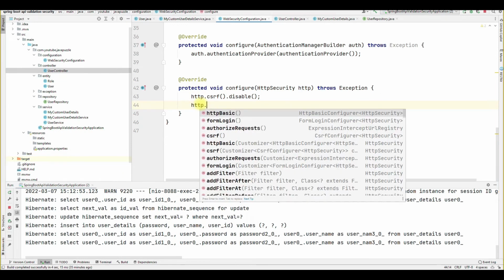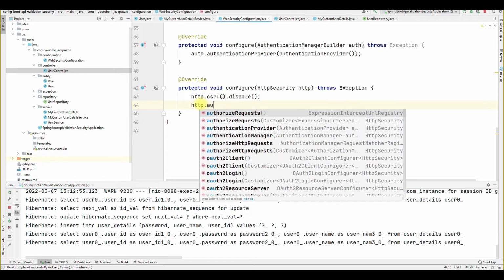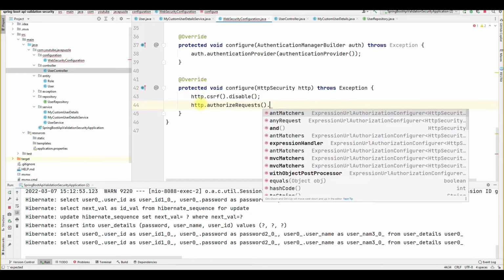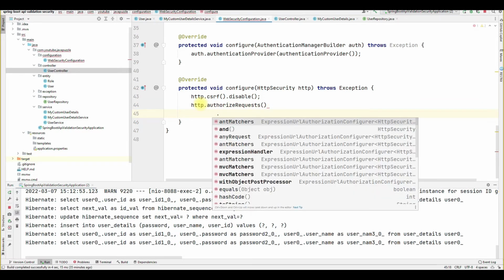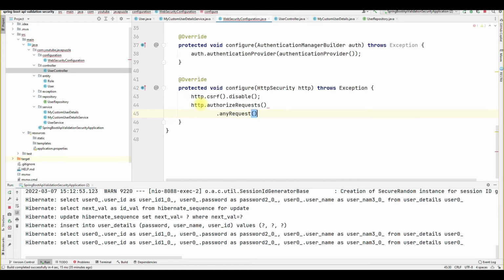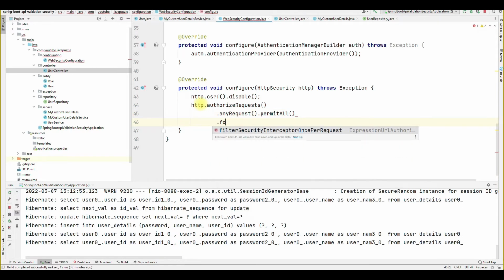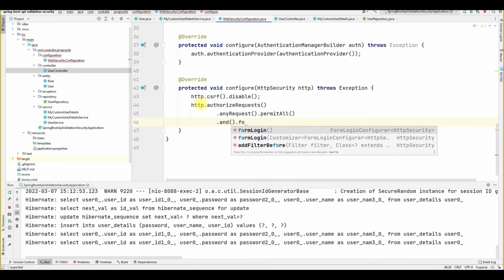http dot authorize request dot any request dot permit all, then at the last dot form login.